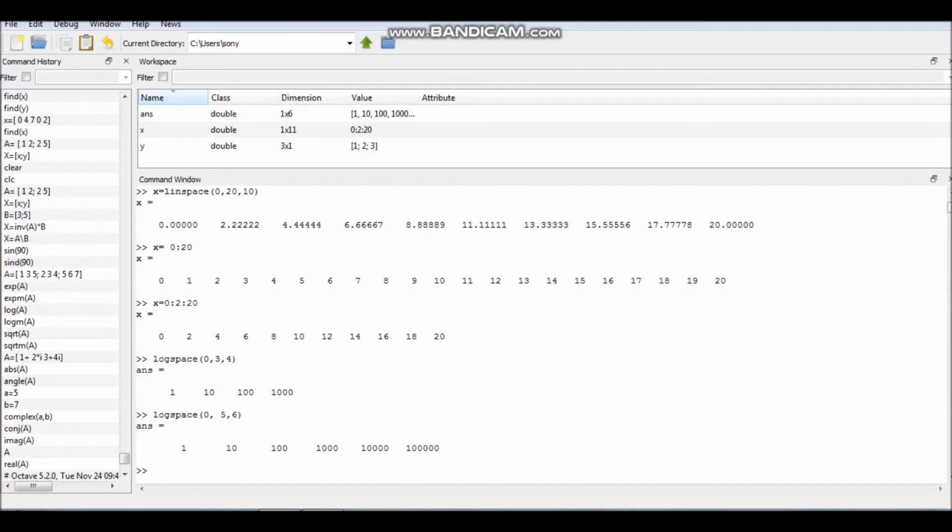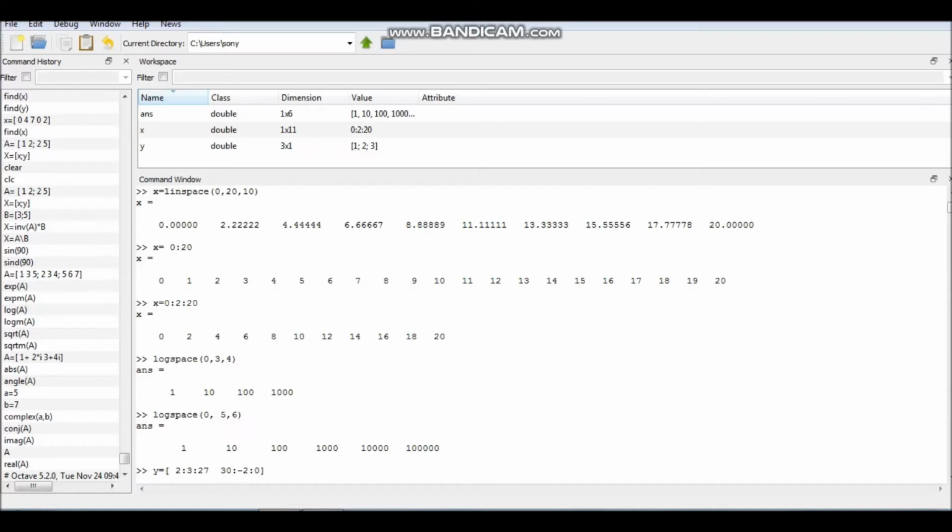Whenever we give any of these commands, you don't have to write the square bracket. But if you are combining two vectors together, which is called concatenation of vectors, then you have to write the square bracket also. For example, if I am writing y goes from 2 with a difference of 3 to 27, any value you can write, and another vector, let us say starting value 30 with a decrement of minus 2, you are going to 0.